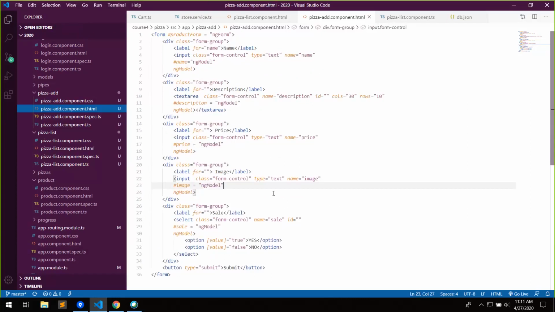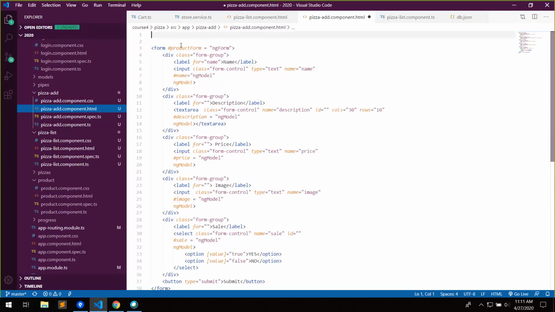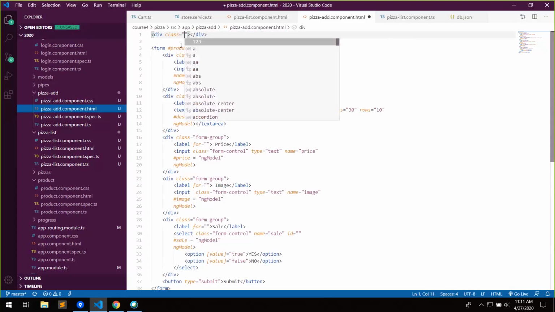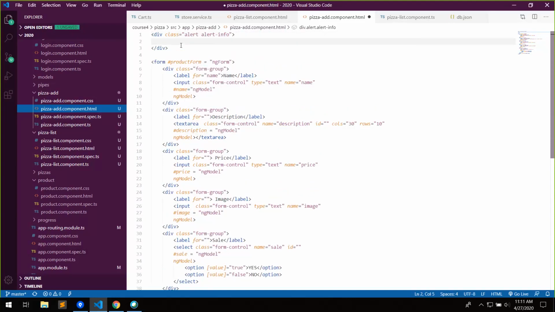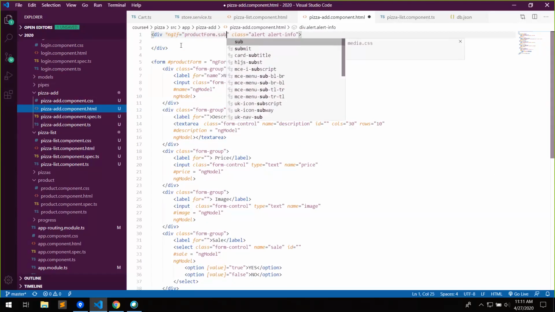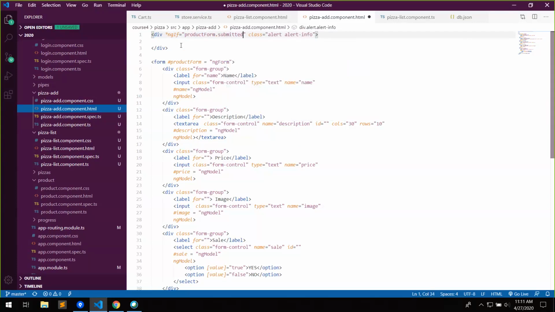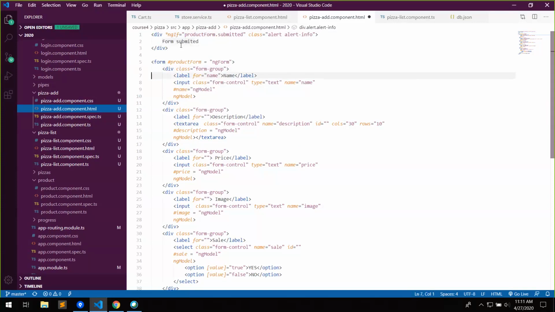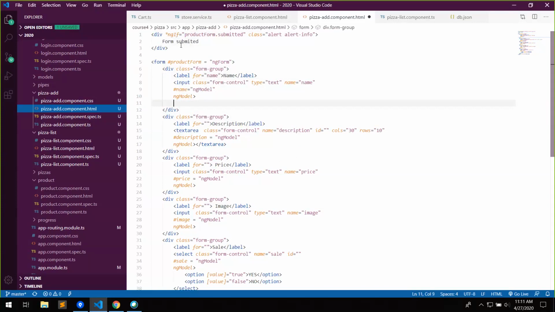Now let's add validation. So just as we did the last time, we say here div class is alert info, to say if product form submitted, we show this form submitted. Then for each one of these, you go and show the errors, right? You go and say